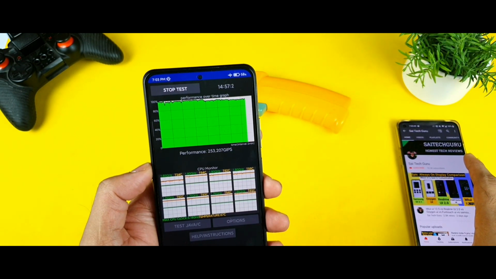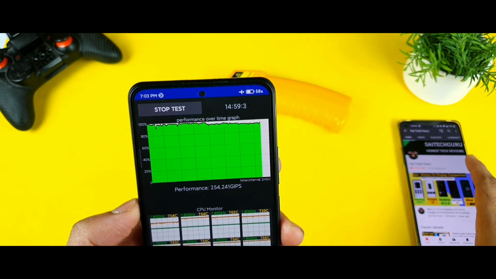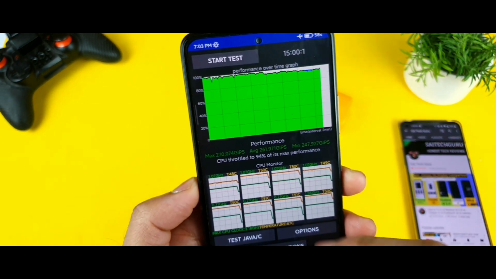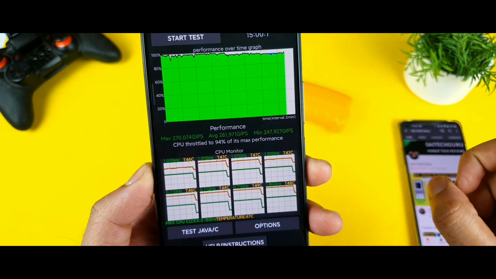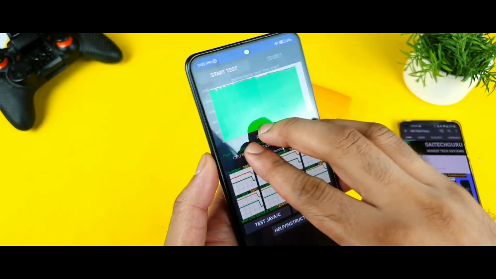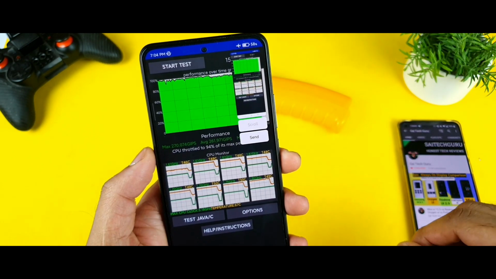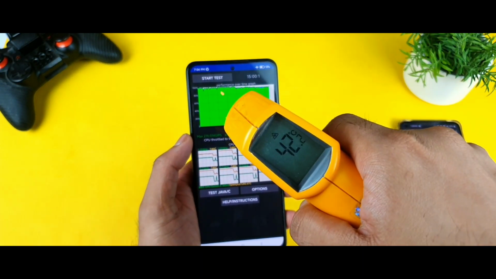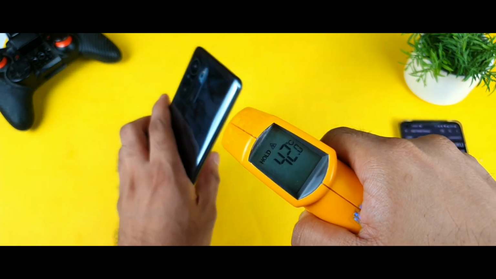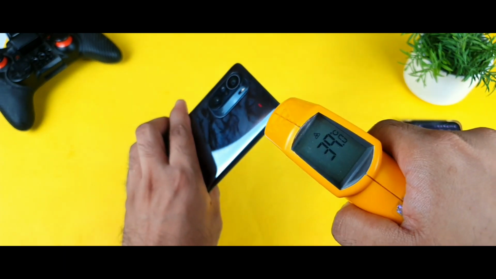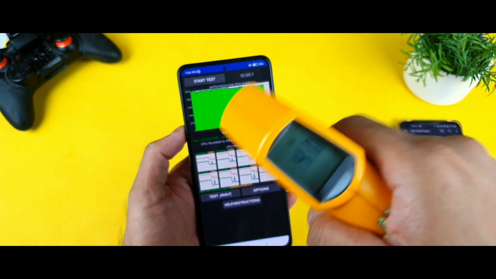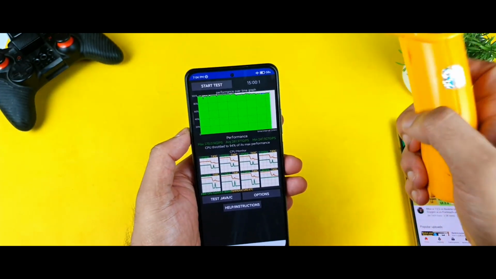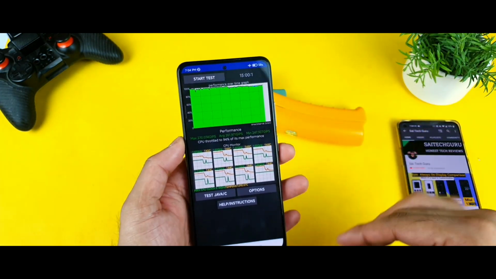So right now we're getting close to 15 minutes of time. As you can see, friends, the final time is over 15 minutes exactly. I think the max performance maybe slightly increased. Yes, let me try to take the screenshot. Sometimes I get really confused, but the temperature increased: 42.2 degrees, as you can see, friends. Before it increased only to 41 degrees and 40 degrees, not much. If you watch my CPU throttling test, you can understand it increased only to 41 degrees before, but right now we got 1 degree more.